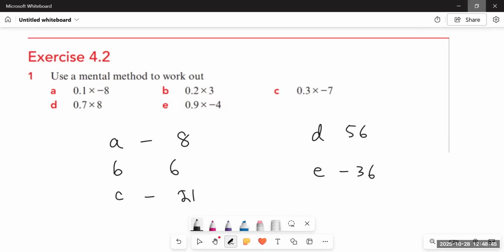Then we will only find how many digits are after the decimal. Here in part A, only one decimal. Part B, only one decimal. Part C, only one digit. Part D, only one digit. Part E, only one digit. In all these numbers, only the multiplier or the multiplicand, the very first number getting multiplied, has one digit after the decimal. Okay. So since there is only one digit in the multiplier and multiplicand, there will be only one decimal place in the product as well.